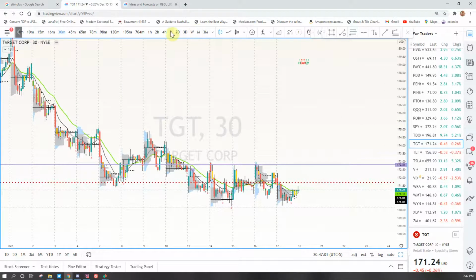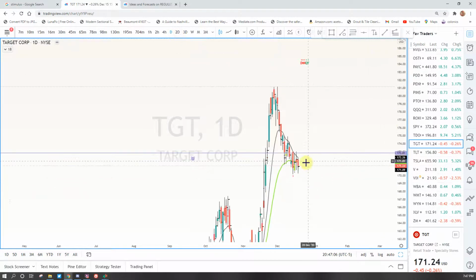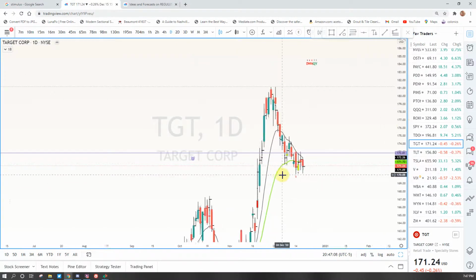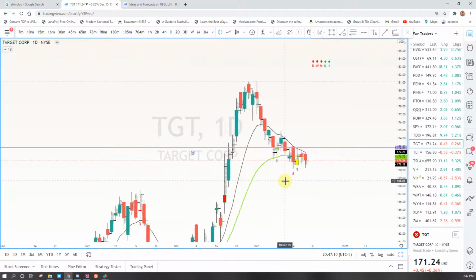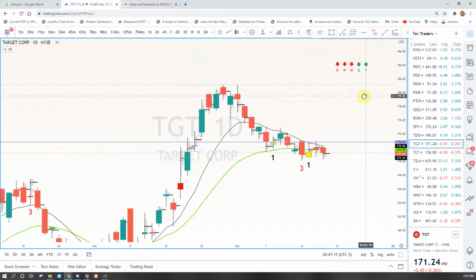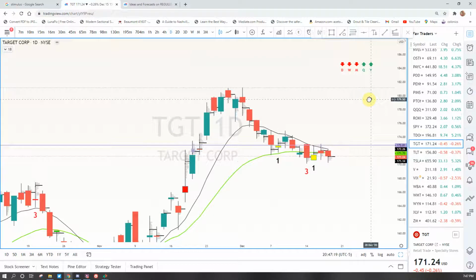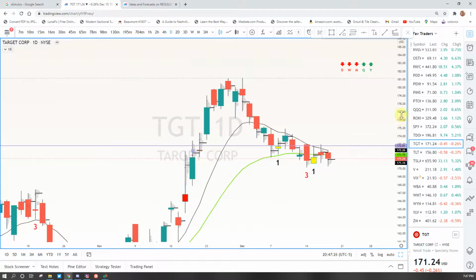let me go back to the daily real quick. See, the really cool thing about the Strat is when you've been around it long enough, I can look at a 5 minute chart and I know what the hourly is doing. I didn't think that would ever be possible. Rob would say that, and I was like, this is so complicated. But because it's so repetitive, you really, yeah. So I'm going to put it on the maybe list because